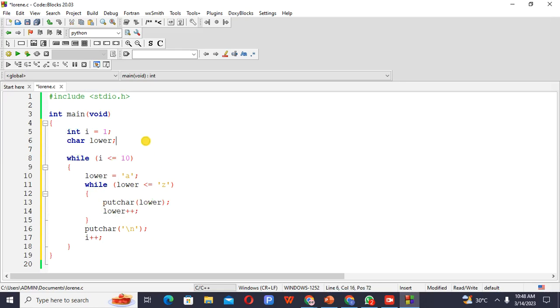Now this is how this thing works. It's going to test this condition. Your integer here, I, is 1. Your character here is lower. Your I is 1, so 1 is less than or equals to 10. If this condition is true, then it will enter the body of the loop. Okay, lower is A. While lower, which is A, is less than Z, it's going to put char this lower, increase this,